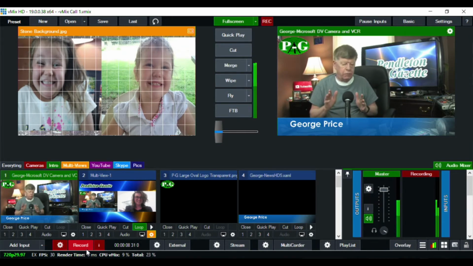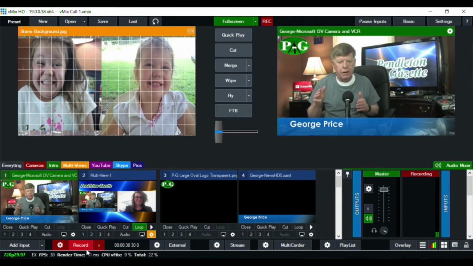What I've been doing over the last few days is using vMix 19, and you can do it with 17 or 18, whatever vMix you're using, and making my own custom multi-views from the vMix multi-view library. And I'll show you how I did that as we go along here. But it's fairly easy to do. Some of them take some time, depending on how complex you make your multi-view. But again, making the multi-views from the multi-view library in vMix is pretty simple.